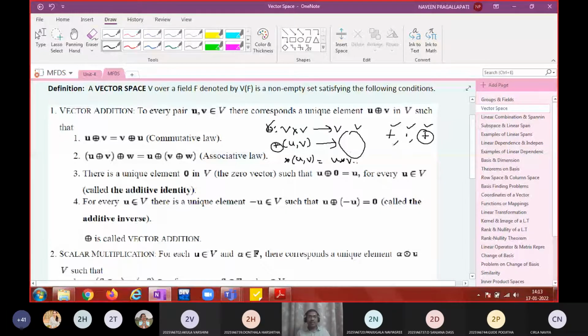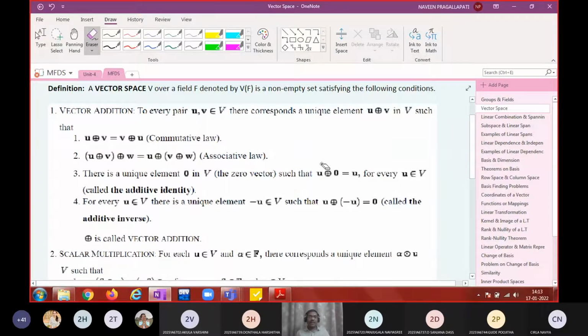If it is again an element of V, then that operation is said to be a binary operation. That means V must be closed under this operation plus circle,